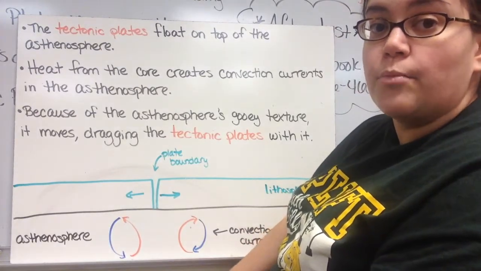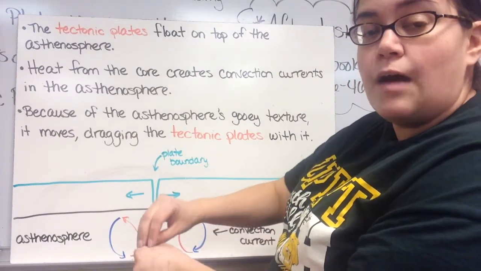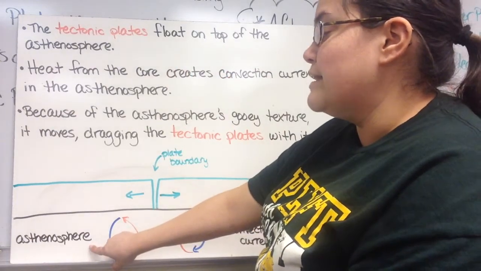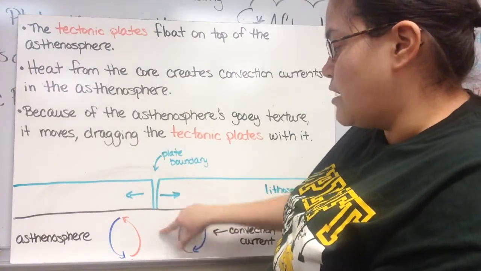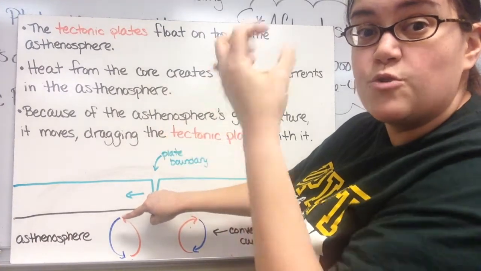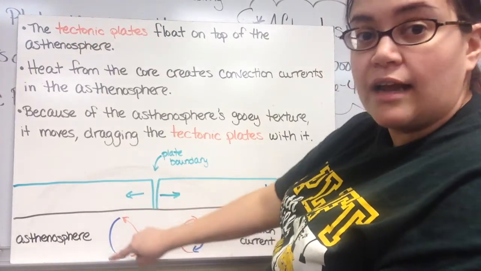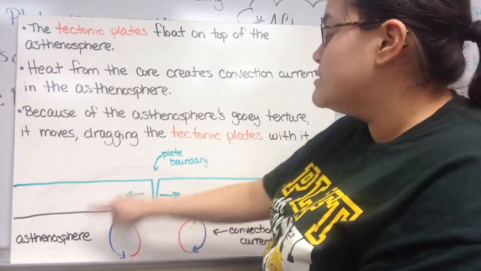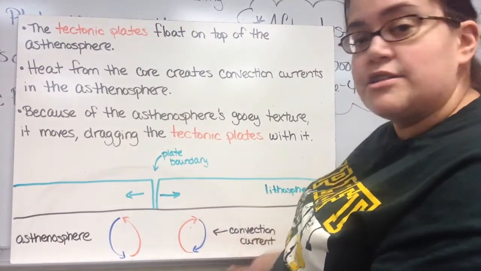And remember from our thermal energy transfer videos that when you have a heat source, it heats up, and because it heats up, it becomes less dense and it rises. So the material in the asthenosphere closest to the core heats up, and then it rises. And so here's our red arrow. Then when it gets further away from the heat source, it becomes more dense because it cools off and it sinks back down. So remember, this is how we get a convection current. This is the same thing that happens in a lava lamp or like a pot of boiling rice. It's the same thing. So this convection current's going this way, but maybe over here, the convection current is going